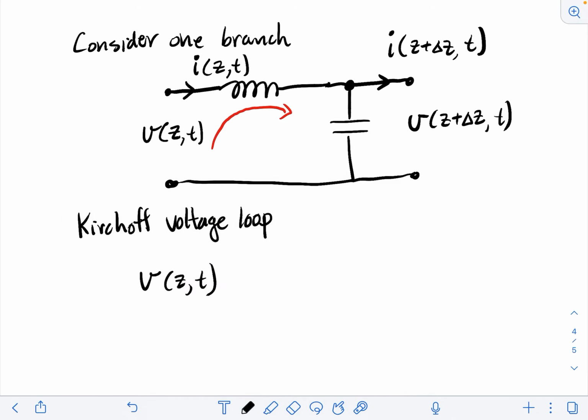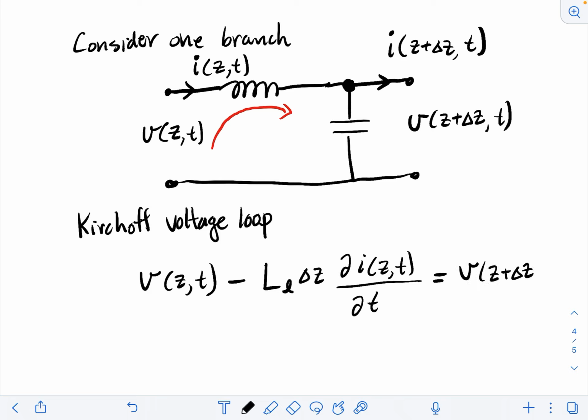The voltage dropped across the inductor is the inductance, which is the inductance per unit length times delta Z, the length of the branch. And then remember it was di/dt. So it's di of z, t, dt. And then when we do that, that takes us to this node here where the voltage is V of z plus delta z and t. So that should be equal to V of z plus delta z and t. Okay,